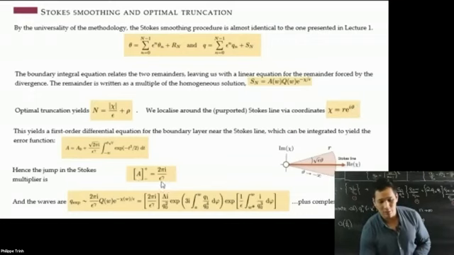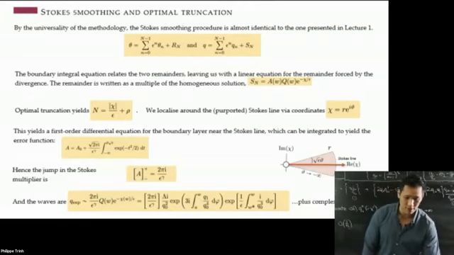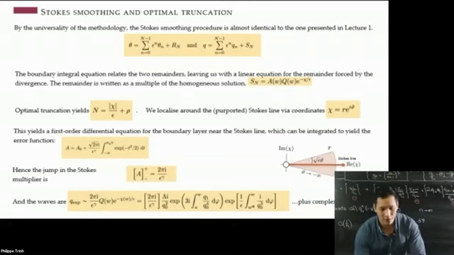In doing so, you're going to predict that there has to be a jump of 2 pi i over epsilon to the gamma. And you can put this back into the full expression for the remainder and predict the resultant waves that form. The last comment I'll have on this slide is that you've predicted a complex exponential, an imaginary component for this Q epsilon, this exponentially small wave as you cross the Stokes line in the upper half plane. By reflection principle, because the solution is expected to be real on the axis, you expect to also add the complex conjugate, and you could have equally done the analysis for the Stokes line in the lower half